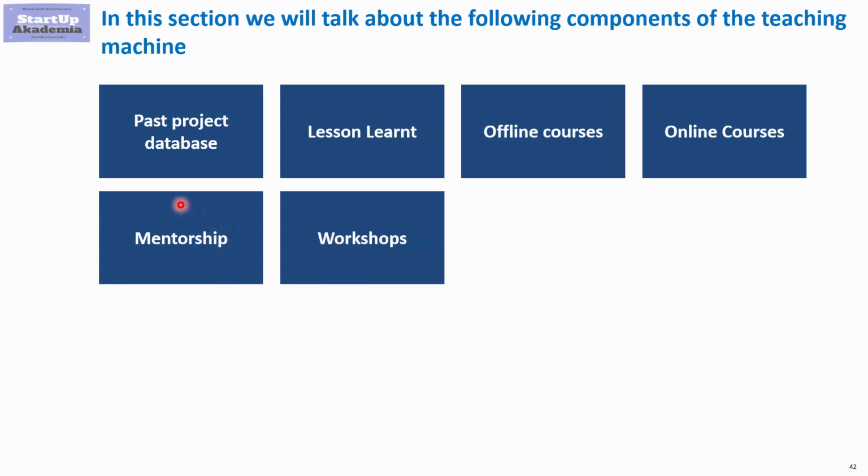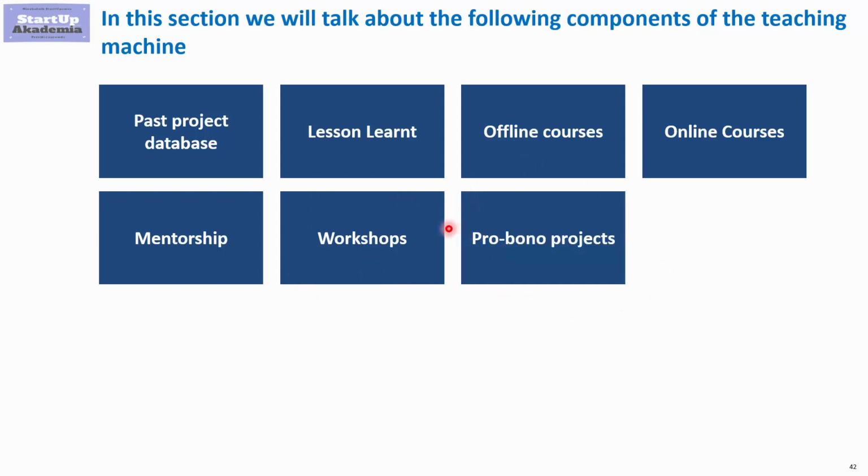Another thing that we're going to discuss is workshops. They are in a sense similar to an offline course, but here you'd rather do a lot of case studies that will help the students be more active and learn by doing certain simplified things. Another thing that you can consider is pro-bono projects. They are like real consulting projects, but usually done for free, either for a non-government organization or a governmental organization,